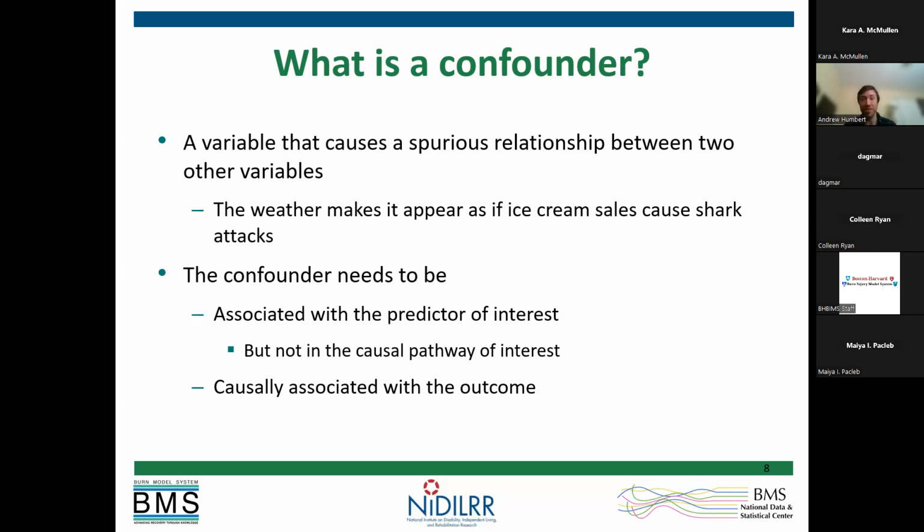We're not able to actually test if a confounder is causally associated with the outcome, but it's something that we tend to believe ahead of time. We base it on previous literature, previous studies, other types of associations that have been analyzed, or even just conceptual models: biologically, does it make sense that this could cause something to occur? It's, again, not something we test. It's something that we really need to discuss and think about ahead of time and conclude, does it actually make sense that it would meet these criteria or not?